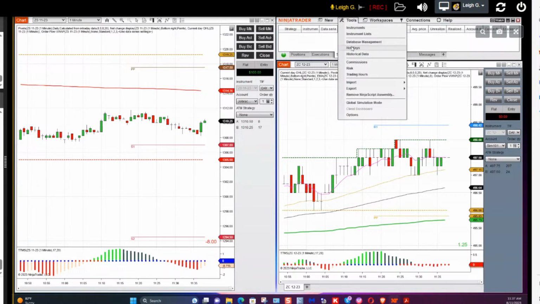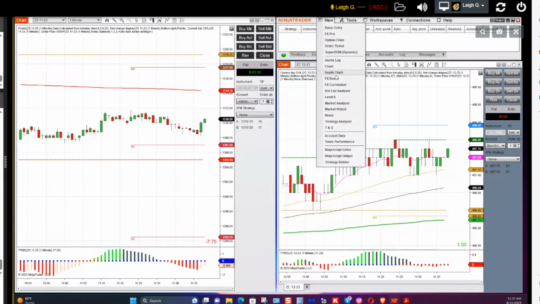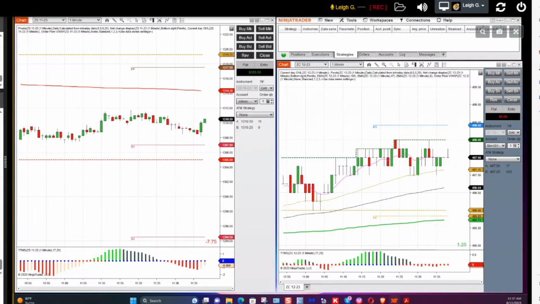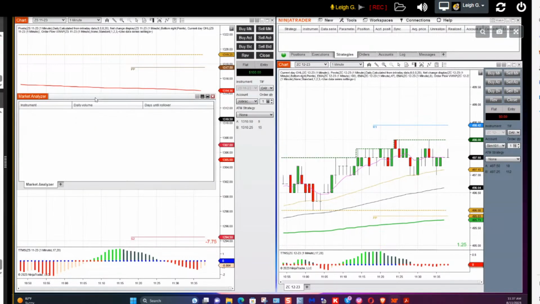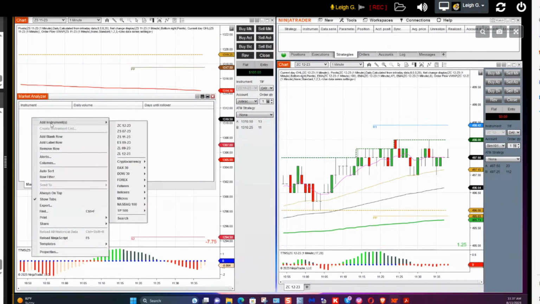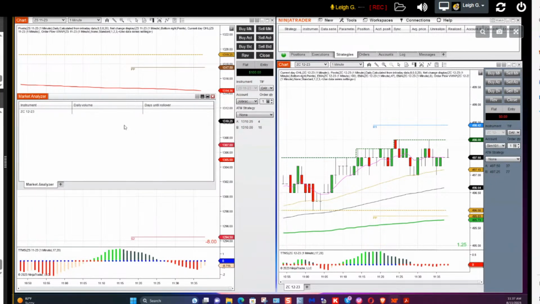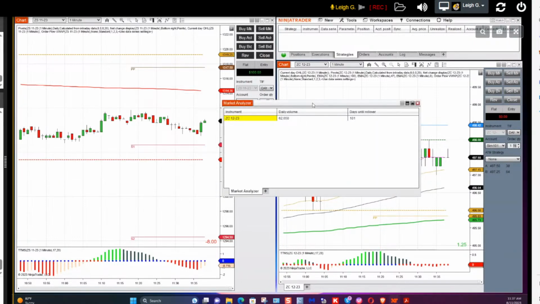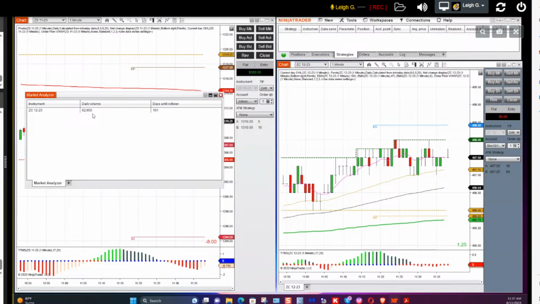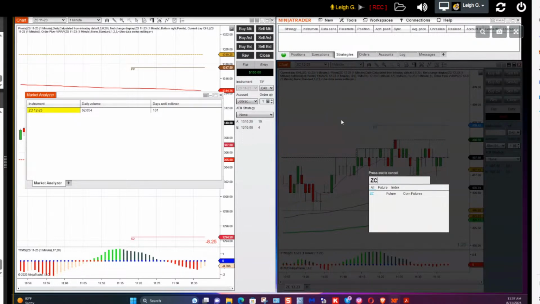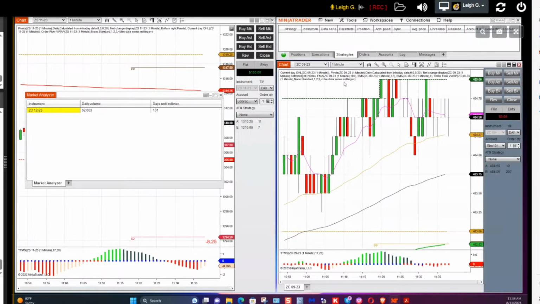Sorry, new market analyzer, and it brings up, if you right click and add an instrument, ZC 1223, just knowing from experience, that's the correct instrument to trade. Okay. That's a moderate to good amount of volume for corn. If you type the prefix into a Ninja chart and then click on the future that it brings up, it will show you what is theoretically the current instrument.